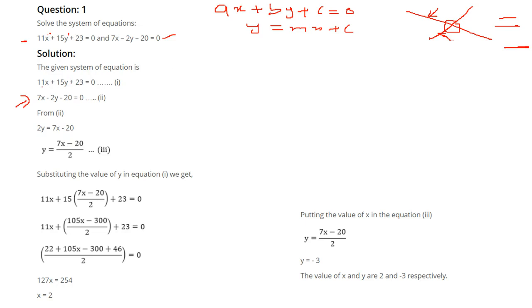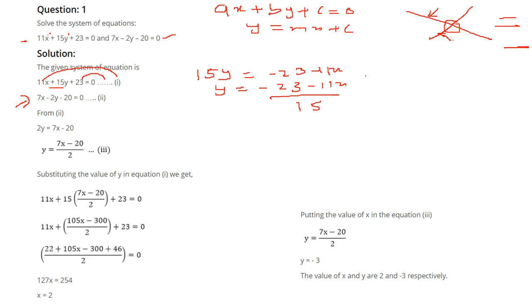Like this, if I take this equation and take y on one side, that is 15y, with 23 here, so minus 23, and 11x here. So it will be minus 23 minus 11x. So y is minus 23 minus 11x, divided by 15. Now these numbers are all primes and there are two negatives, so we will not prefer it. You can always use that, but we will not prefer it.